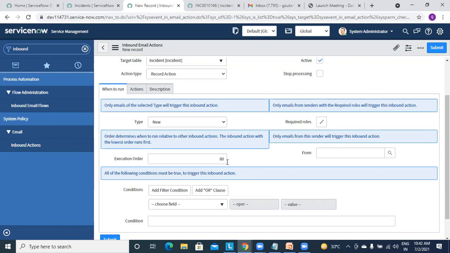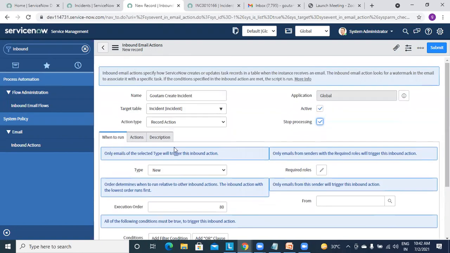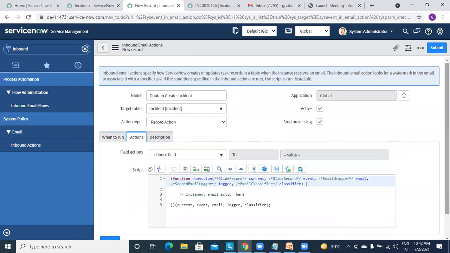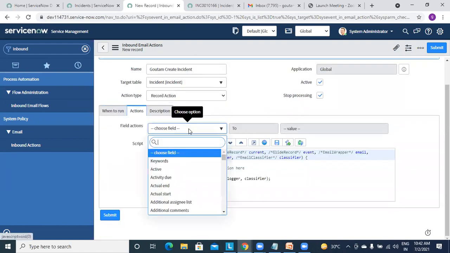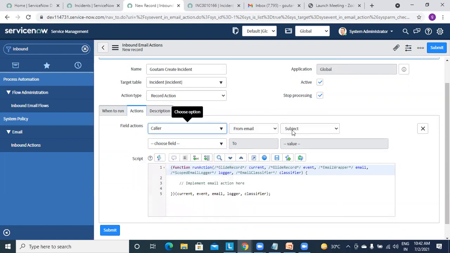Okay, because this is the execution order, and I will check this stop processing, and I'm not giving any conditions. And one thing I will set from here, that is caller, because instead of writing code, I can directly set it from here. So then current